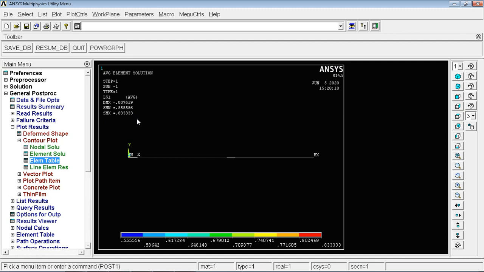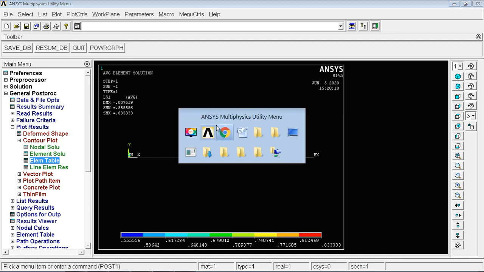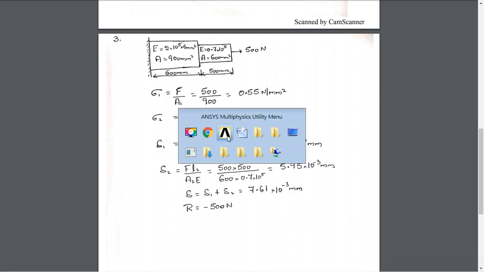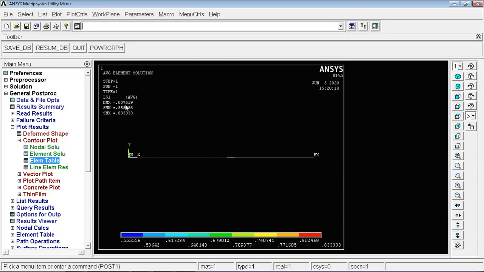Let us cross check with the theoretical result. Here the stress 1 is 0.55, stress 2 0.833, and deformation 7.61 into 10 power of minus 3. See here I have got the same values: 0.007619 deformation, stress 0.55 Newton per millimeter square, stress of the second element 0.833 Newton per millimeter square.